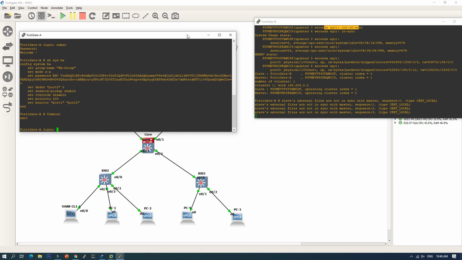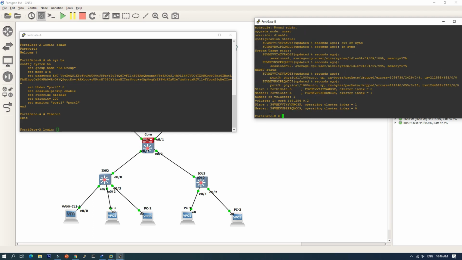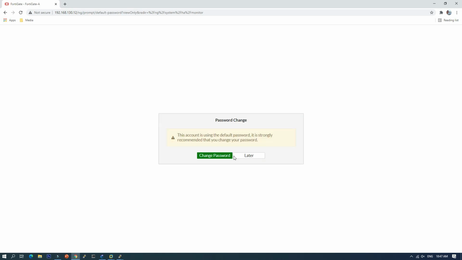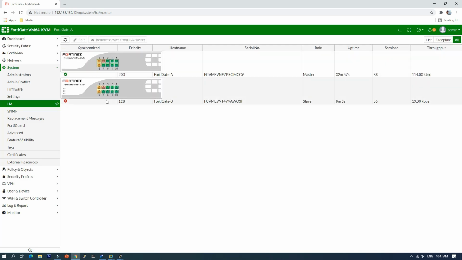So it will take some time, so we need to wait. Also, you can check here, admin. Okay, here. FortiGate A is the master, FortiGate B is the slave, and this red sign shows that the FortiGate is not yet synchronized.